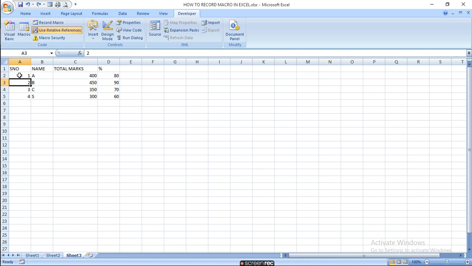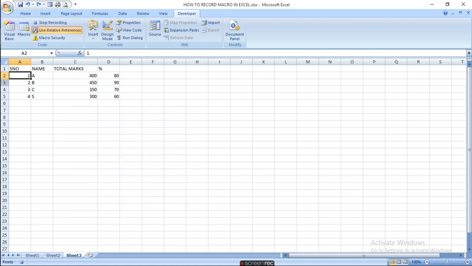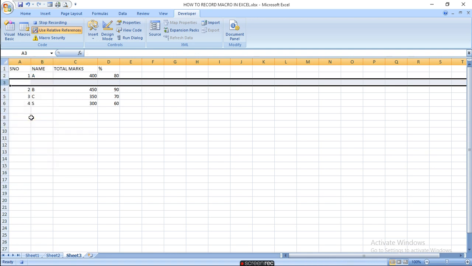So come here, record macro, and 14, okay, then insert this one, and then you have to insert the line.